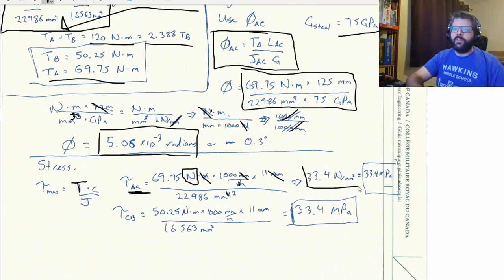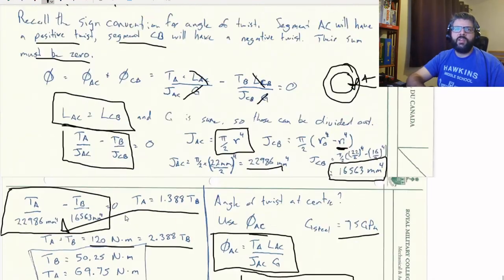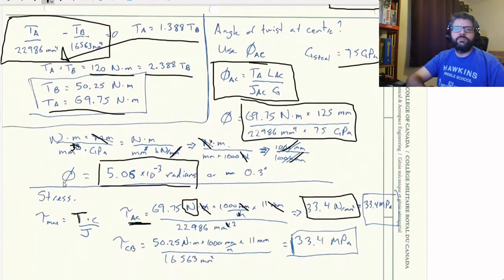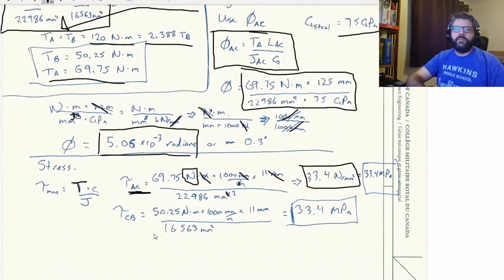So that ends up giving us 33.4 newtons per millimeter squared, or 33.4 MPa, megapascals. So that's in this section here. And then we go to the other section, CB. Different value for our torque, different value for our J, ends up giving us the same value, which I guess